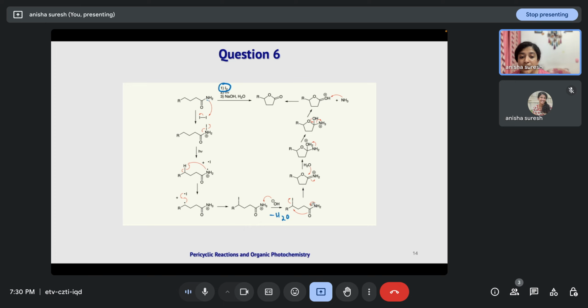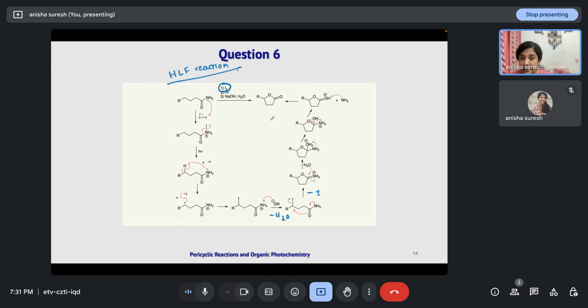Now what will happen? This lone pair on nitrogen will fall here, and this CO double bond will go and attack in an SN2 fashion, leading to removal of iodine, and this will be the compound that is resulted. Now in the presence of water, this will hydrolyze, and it will lead to formation of a double bond O. So this double bond NH2 will hydrolyze to double bond O, resulting in the formation of the lactone. So this is an example of Hoffman-Loeffler-Freytag reaction. Okay,